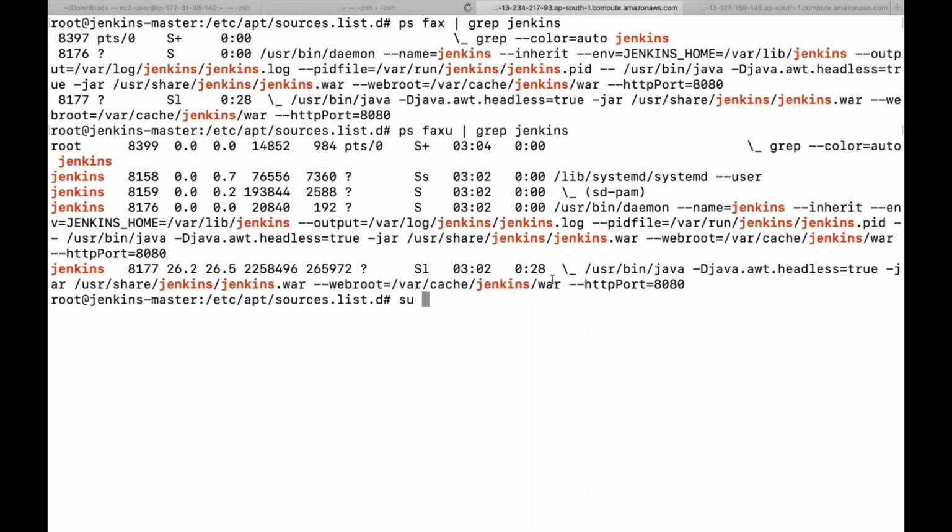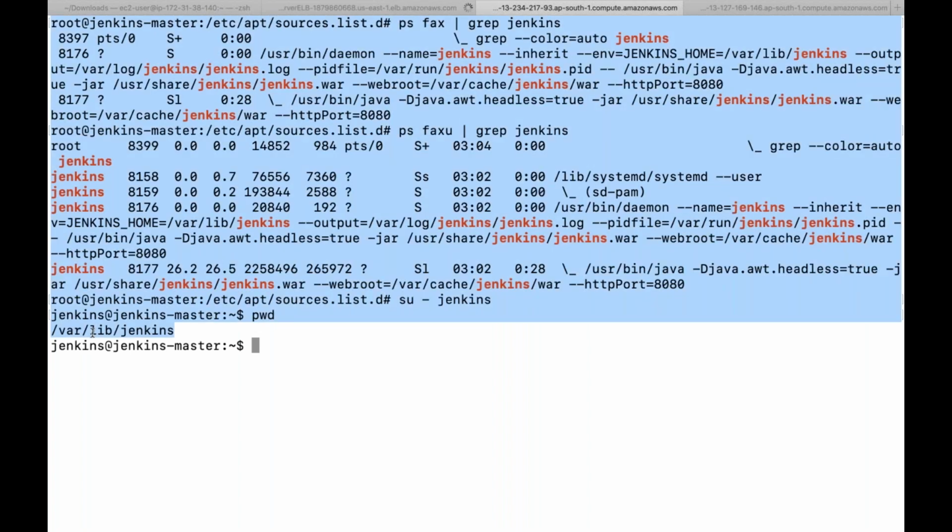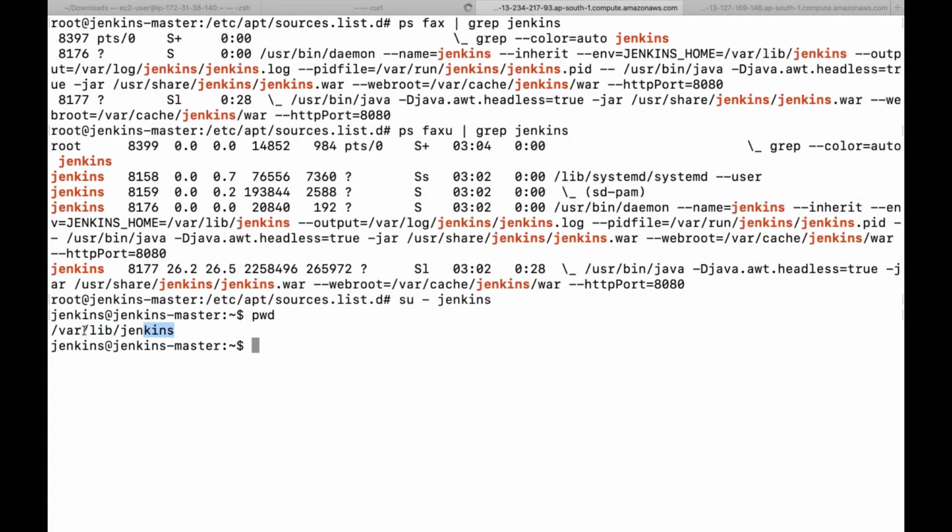Now I'll do one thing, I'll run the command su - jenkins. Reason being, I want to log in with the Jenkins user. What is my present working directory? So guys, keep this in mind, this directory could be any. It is not mandatory that Jenkins should always be running in this directory only. But by default, whenever we install Jenkins with any RPM or maybe with DEB or dpkg packages, this is the default directory which comes within the Jenkins folder, which comes with the Jenkins RPM.